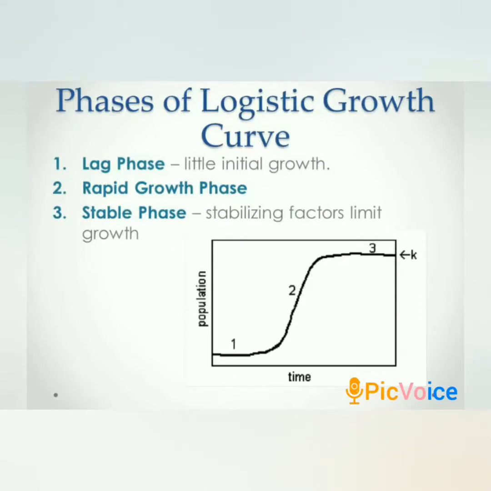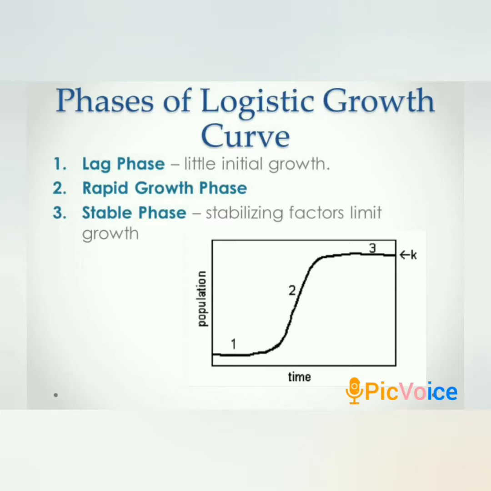The logistic curve is divided into three phases. The first one is positive acceleration phase or establishment phase. It is also known as lag phase. Here the growth is slow at the initial point. The second one is logarithmic phase, where the growth is at a rapid rate. The third one is negative acceleration phase. Here there is a slowdown in the growth.